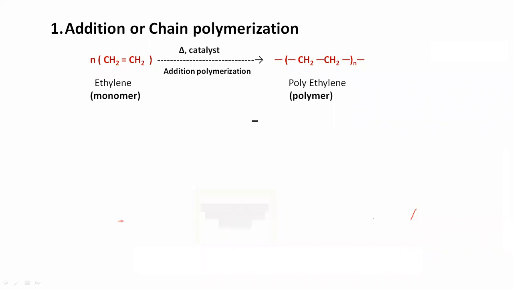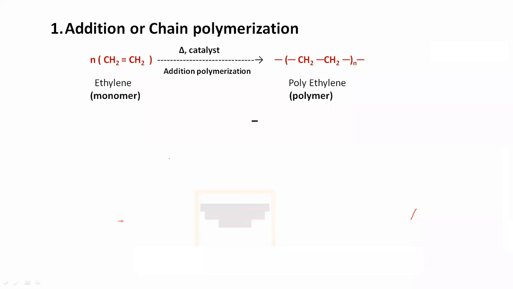So just looking at the reaction, we have to prepare points or notes. You don't have to mug up. You just write this reaction. Even in the examination, if a question is asked, write a note on addition or chain polymerization, you should remember this reaction, how ethylene is converted into polyethylene, and write this way. You should be able to write this reaction. Then your answer will be ready. Let us see how.